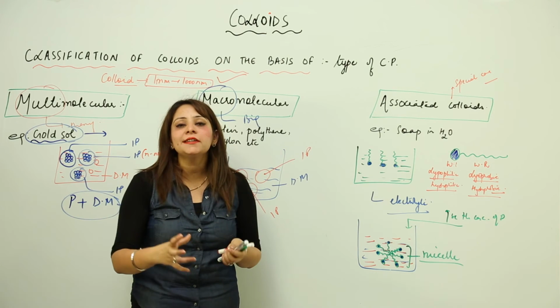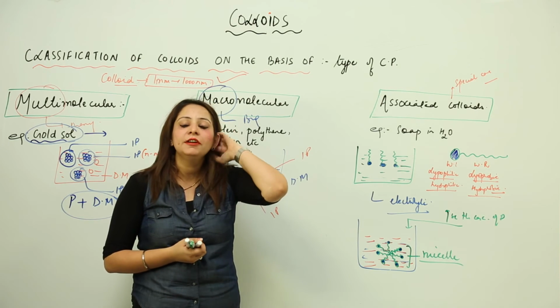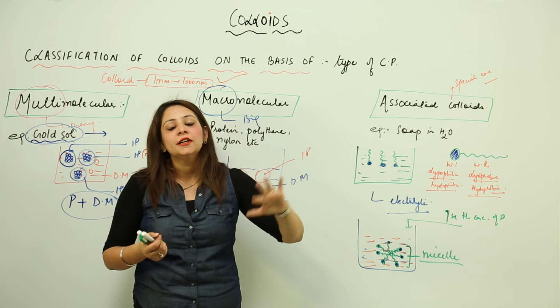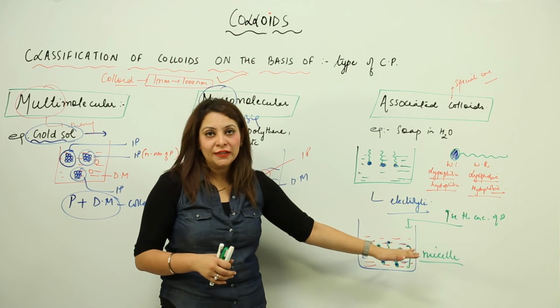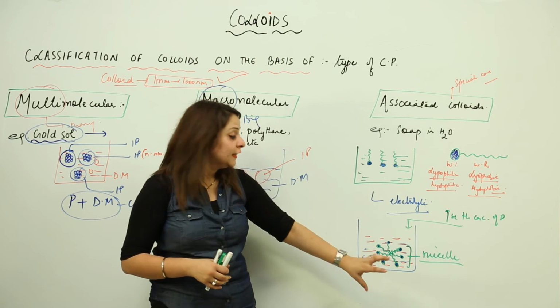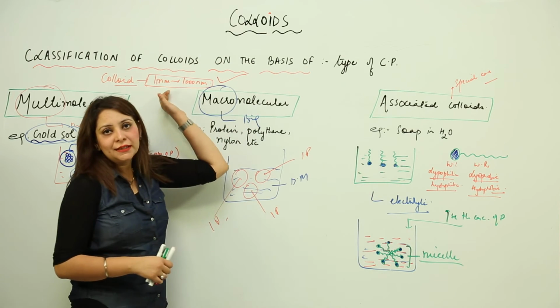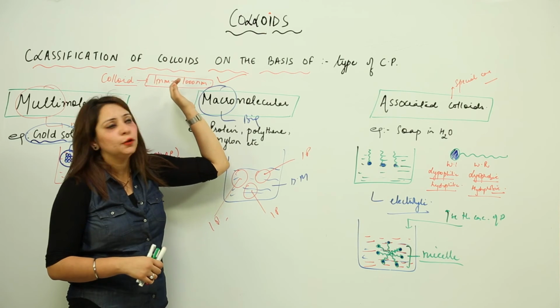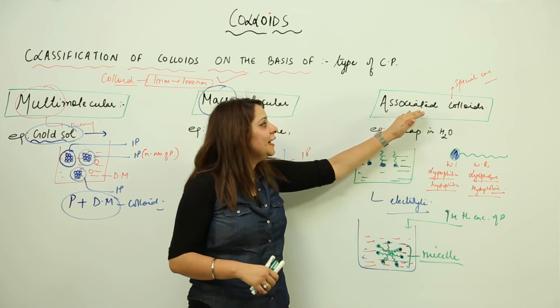It is an arrangement, or an aggregation of particles in such a way that the water loving part is towards water and the dirt loving part is facing each other. So what happened? This micelle now, that means this aggregation of molecules, the size of this molecule now lies in the range of colloidal particles, that is the diameter ranging from 1 nanometer to 1000 nanometer. So this is what a micelle is. So they are associated colloids.